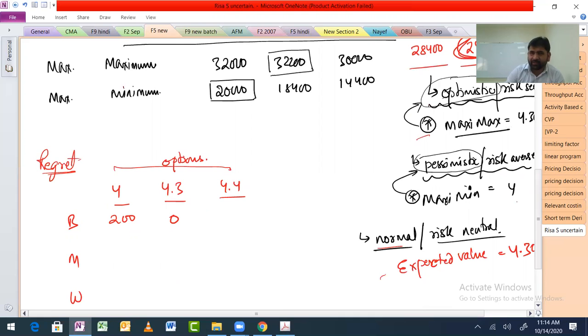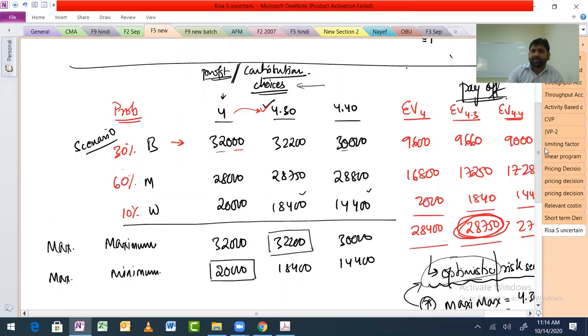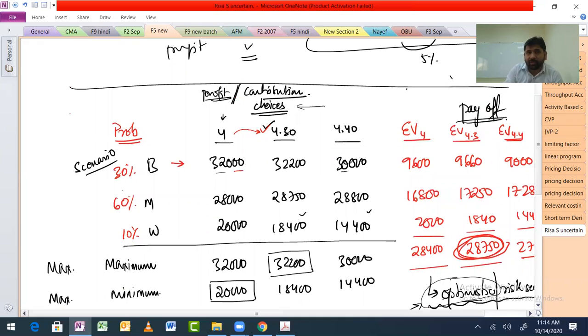Now see, language wise it is, doing wise it is very easy. Take the highest one. In this case we are talking about contribution, so we are talking about the highest one. If we are talking about cost, we will talk about the lowest one as the best one, right? So the baseline is, don't memorize anything. As per the question we have to choose our method and our style of work. As far as this particular question is concerned, this is the highest one, so this will become 0 and then just calculate the difference. So this is 200, this is 2200.